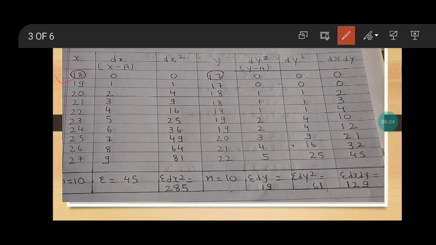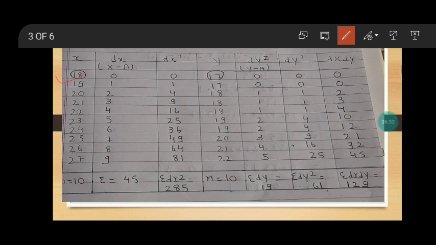Now how are we going to calculate dx with the help of this assumed mean? The formula to calculate dx is x minus a. Means first of all we have to take the items of the X series, and then subtract the assumed mean from those items. Like we have considered here that 18 is the assumed mean, and I have encircled this 18, because it is the assumed mean.